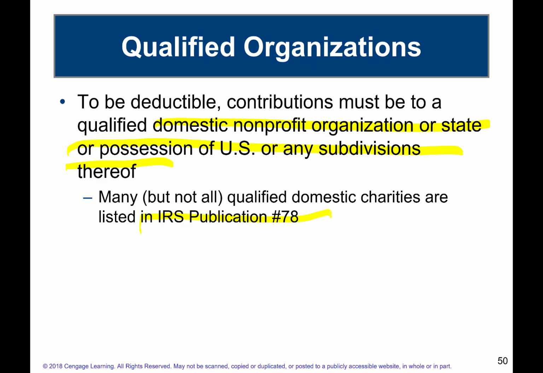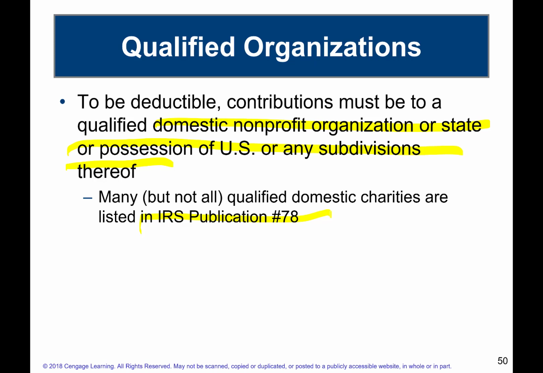Okay, so what happens? If you take those clothes, then you would be able to deduct the fair market value of that clothing with certain limitations. We'll see what some of those limitations are, but it's typically fair market value. We're going to see that if you donate certain items, basically items that don't qualify for fair market value, then it'll be whatever your basis in that is. We'll see how that works, and we'll have a lot of examples with that.